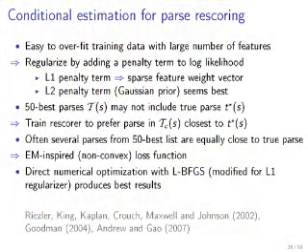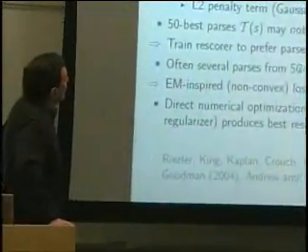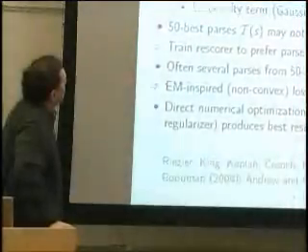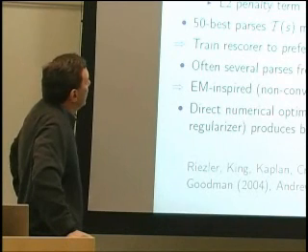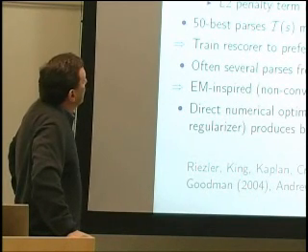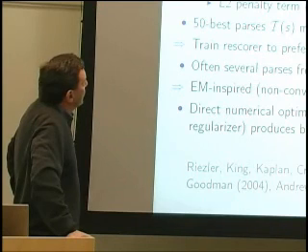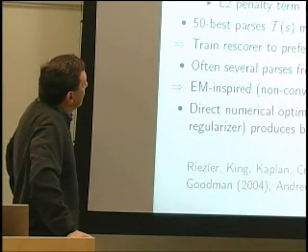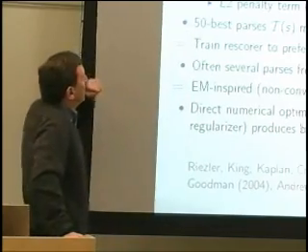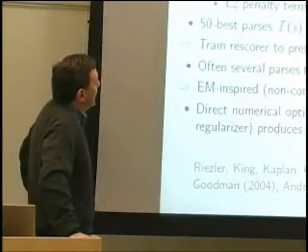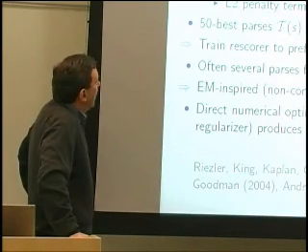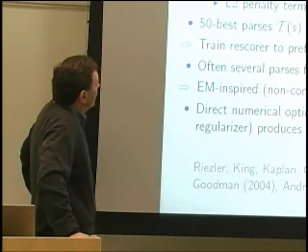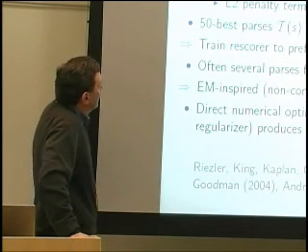Okay, all right. So this conditional estimation in terms of parse rescoring with this coarse-to-fine method is relatively easy to use. You can use it with very large numbers of features. We run with somewhere between 1 to 2 million features. We deal with overfitting by regularization, and there are at least 2 different ways of doing that, with either L1 or L2 penalty terms. There's some very interesting work that Galen and Zhangfeng have been doing about that, which I've been experimenting with over the last month or so.